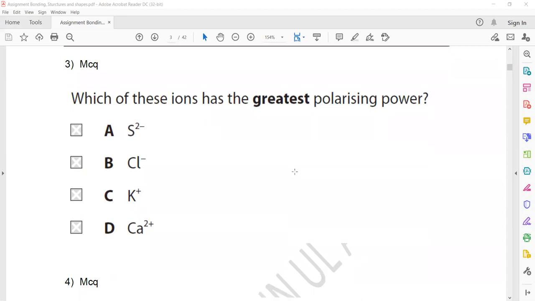In question 3, which of these ions has the greatest polarizing power? Polarization or distortion is the tendency of a positive ion to shift the electron density towards itself. That is simply known as distortion or polarization. And polarization depends on the size of the positive ion, and to have a large distortion or polarization, greatest distortion will be there